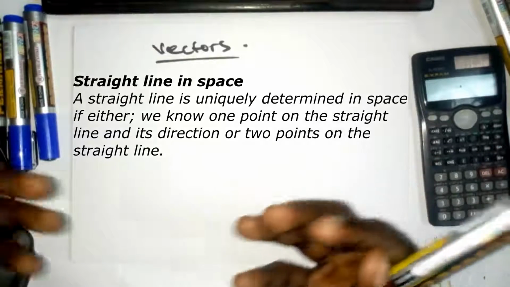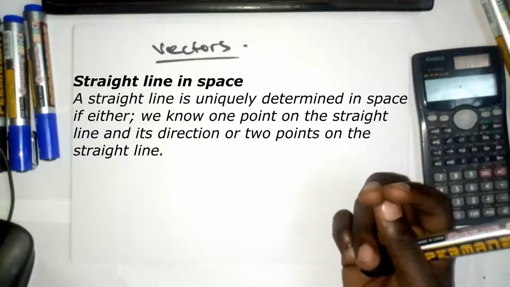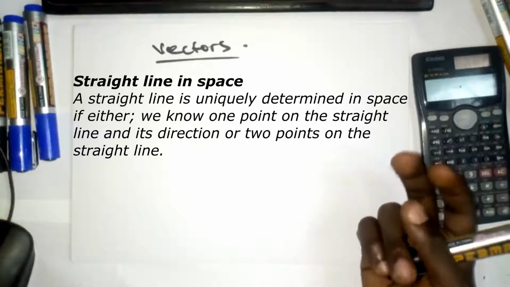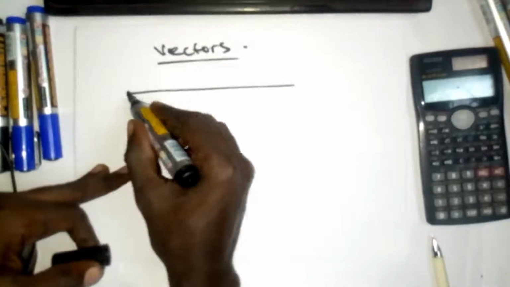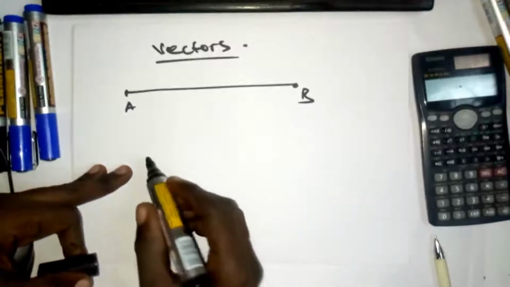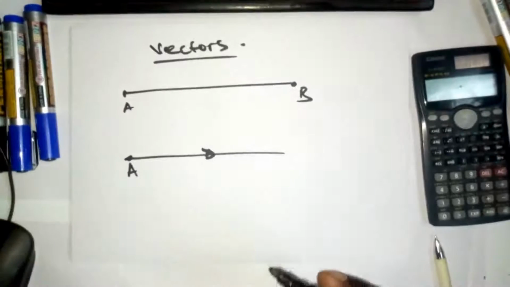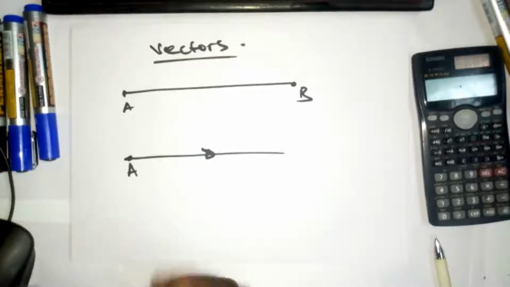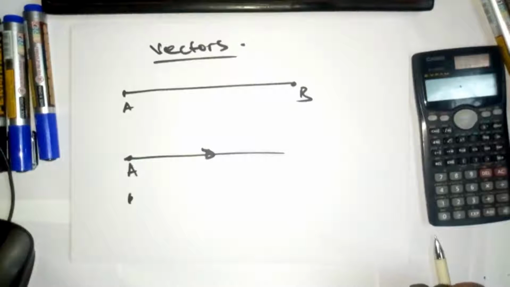A straight line can be uniquely determined in space if either we know one point on the straight line and its direction, or we know 2 points on the straight line. If this is the line, I will either know 2 points, point A and point B, or I will know 1 point and the direction. I will know point A and the direction. Someone will tell me it is pointing in this direction, then I will know it is a straight line. But if I just give you 1 point, does it make meaning? No, it doesn't. But so long as I give you the direction and a point, then